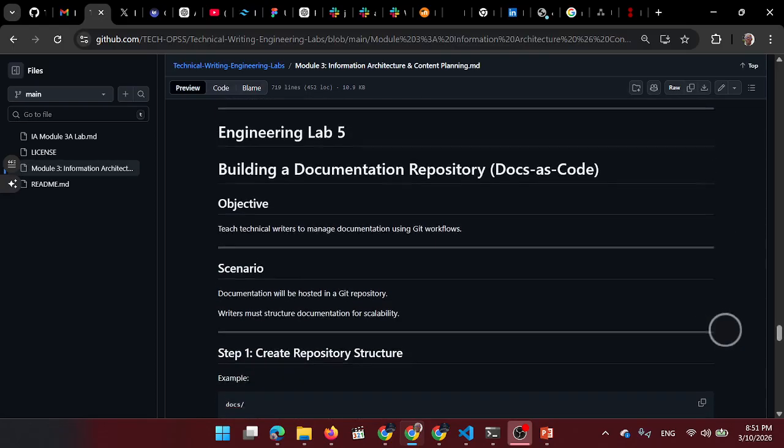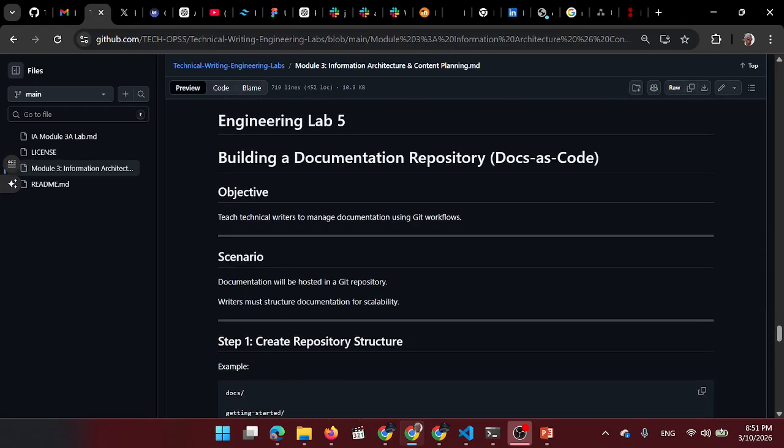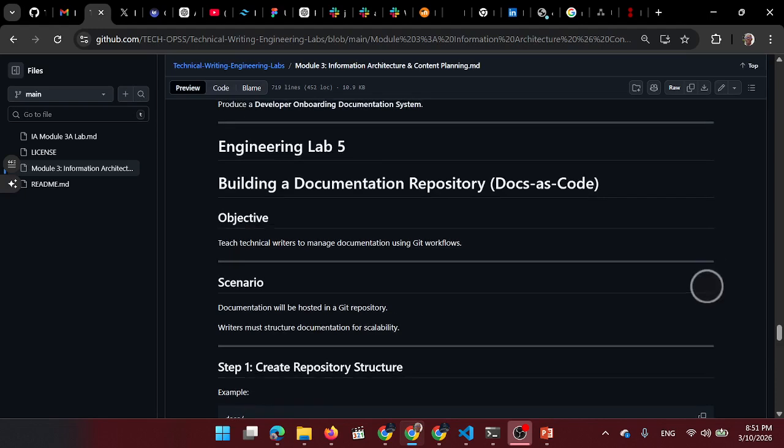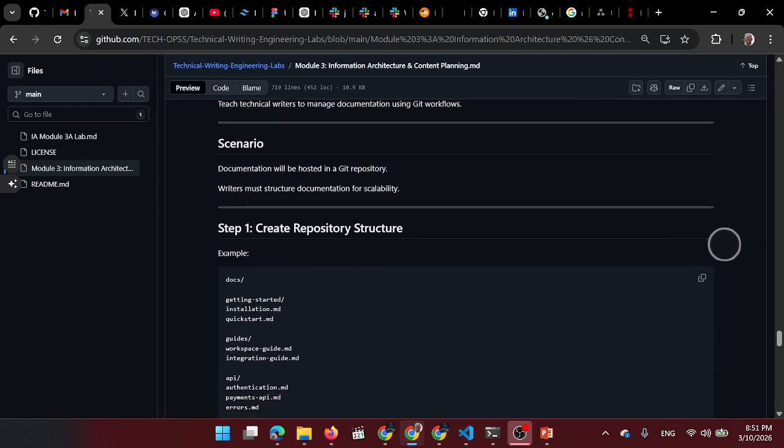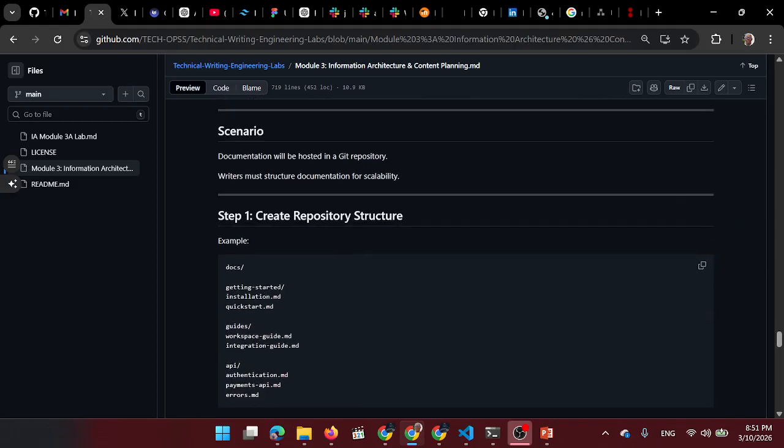In engineering lab 4, you're supposed to build a documentation repository. We call it docs as code. And the objective here is to teach all of you how to manage documentation using Git workflows. I was trying to show you how you can do this quickly, and how I've been able to do,